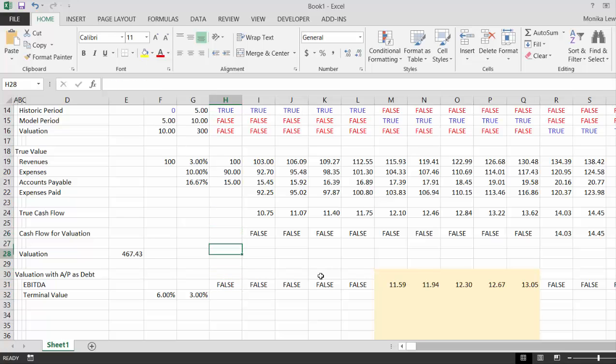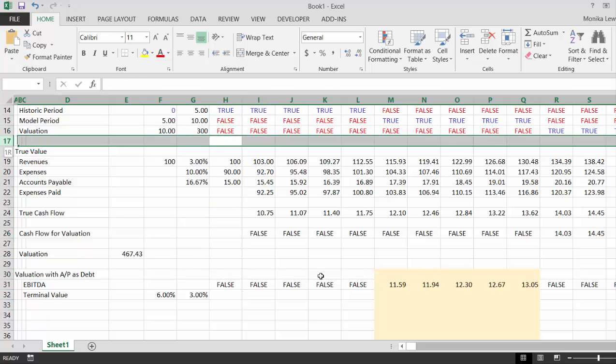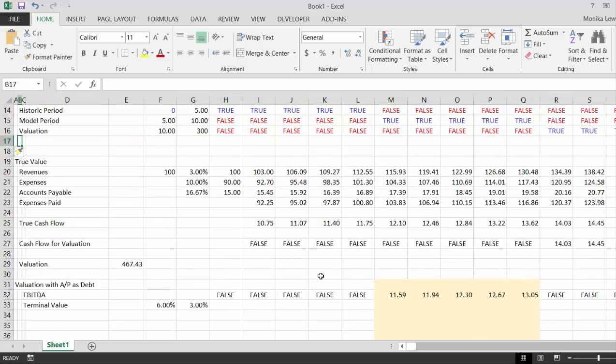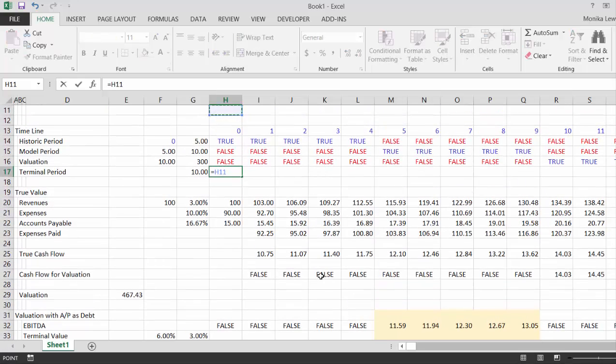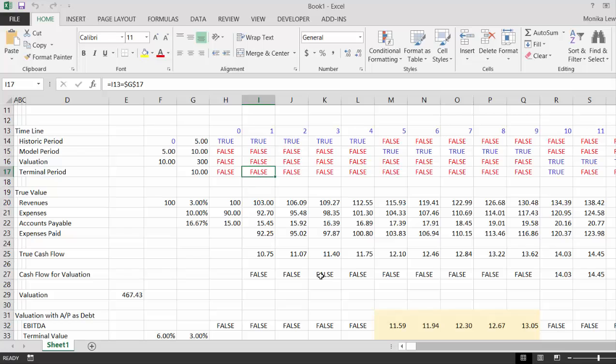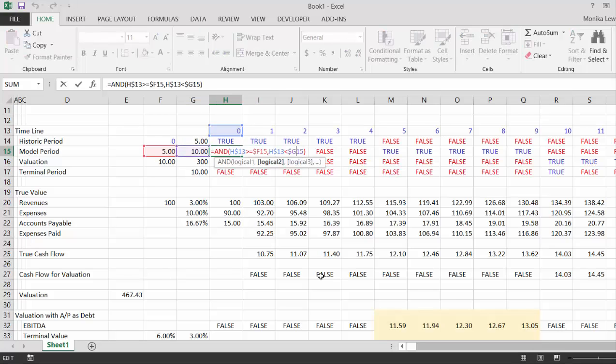And I think what we also need is a terminal period. Why don't we put a terminal period? That's just an equal sign, and that's just our last year of our forecast. So in that one, it's simply this number equal to this one. And so we just have a true right here. And let's make this one,